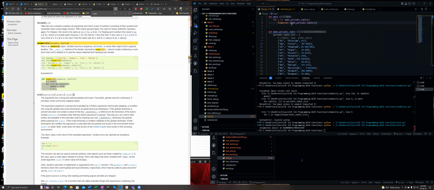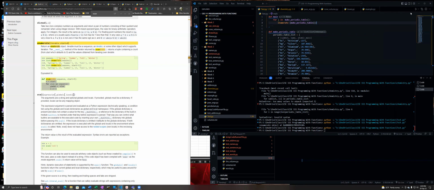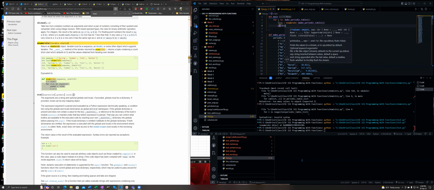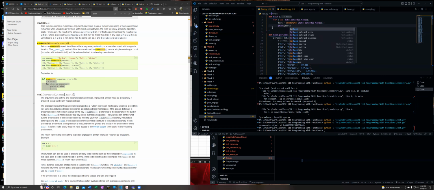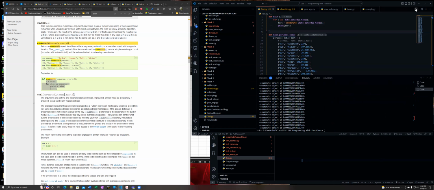And now let's try you. Okay, so I still don't have test equals, print test. Okay. Okay, so that just again printed my